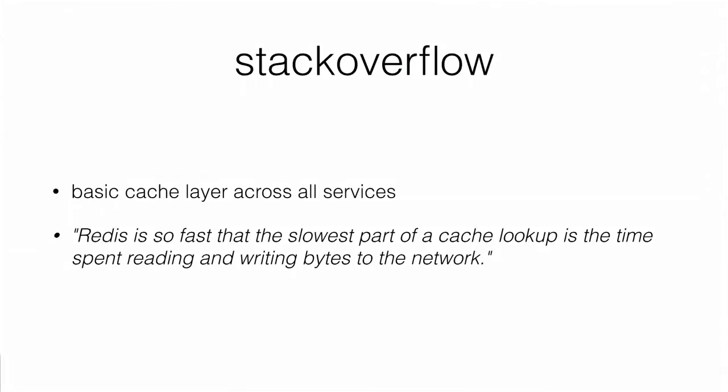Stackoverflow is another big Redis user. They just use it as a cache, basically a Memcache replacement, to be a little more performant, a little more reliable with replication and other things, so they can handle machine failures a lot more reliably than just non-replicated caches. And they make a point of saying that their Redis servers have 0 CPU usage. It's a fast way of getting your memory accessible over the network. And the slowest part is getting things over the network. Everything just works for them.